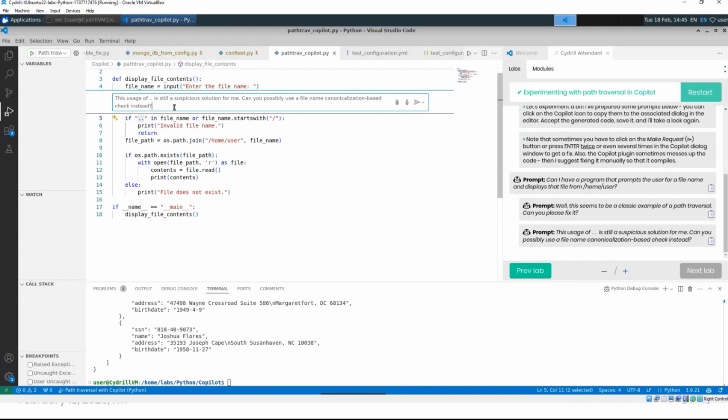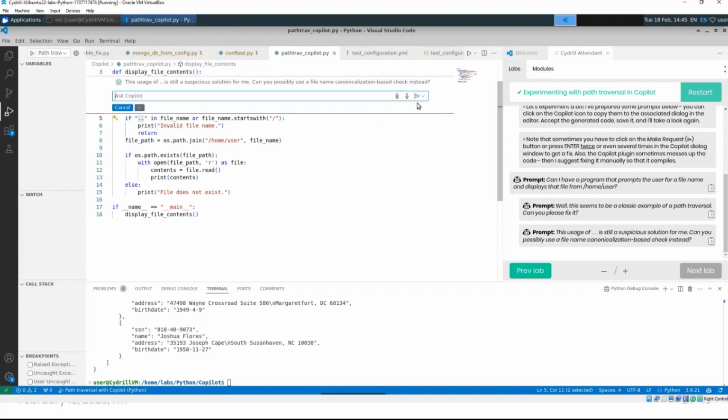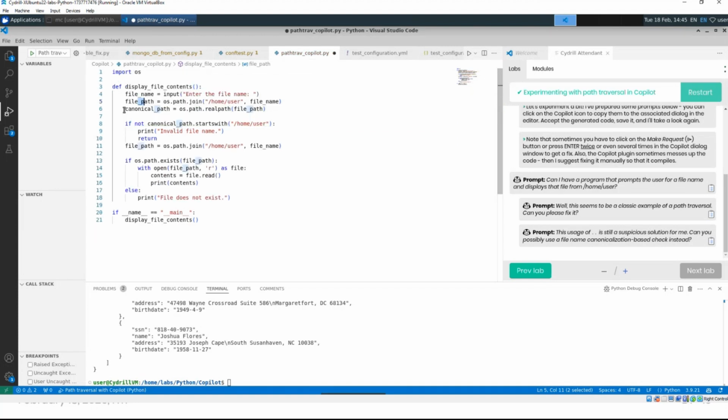Now, this is a specific protection technique that is the best practice to deal with path traversal. Basically, we normalize the path name and we check that it is in the right directory before we accept it. So we make sure that the user cannot open a file from anywhere else other than the allowed directory. So we tell it. Does it do something?